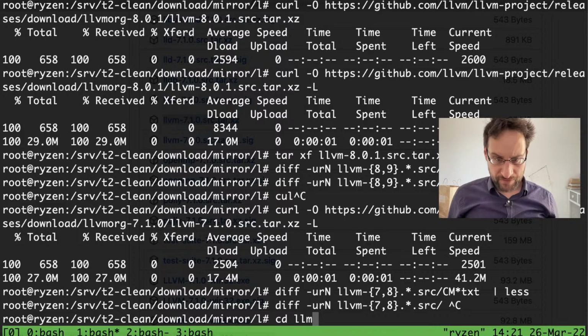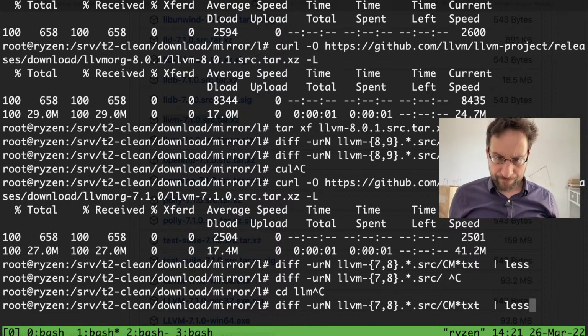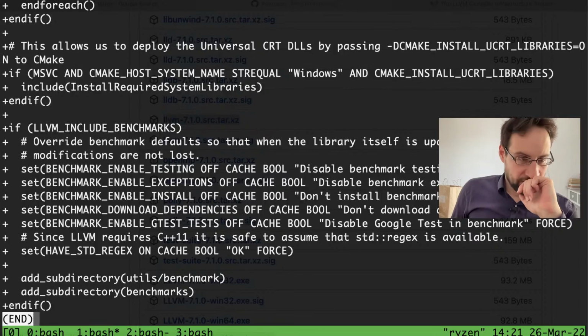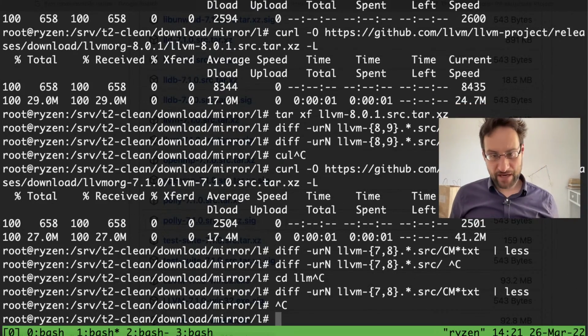How do we fix this now? They had a really major restructuring for LLVM 8.